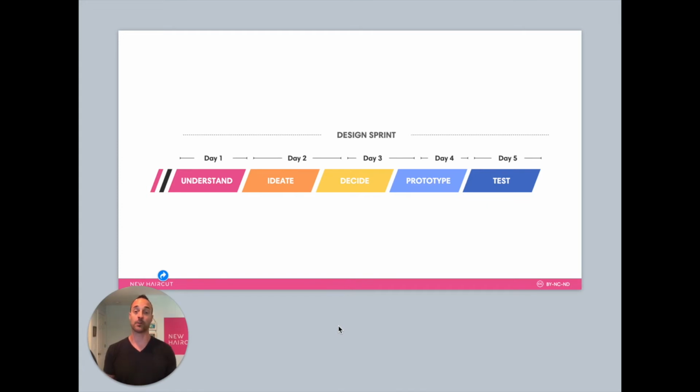And specifically what a design sprint aims to do is to get a group of people in a space to understand a problem that they're trying to solve, bring some different ideas together, turn that into a prototype that you then test with your target user or target market at the end of the sprint. And these things happen in 3, 4, 5 days or so, really rapid innovation and ideation. And so the question becomes, when should we run a design sprint?